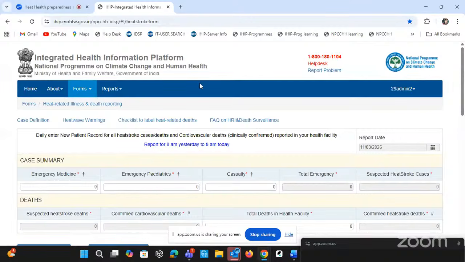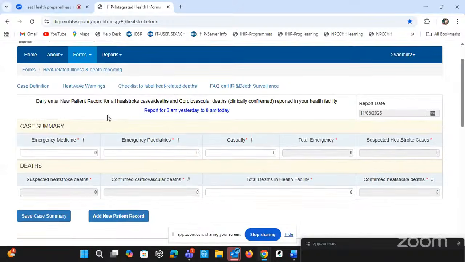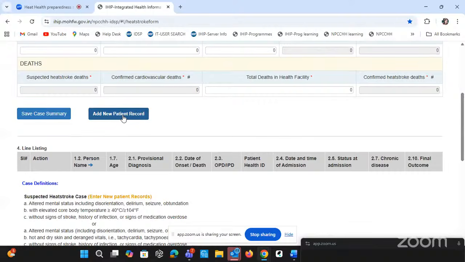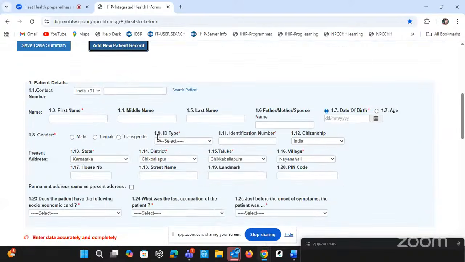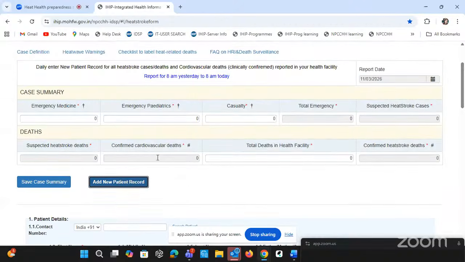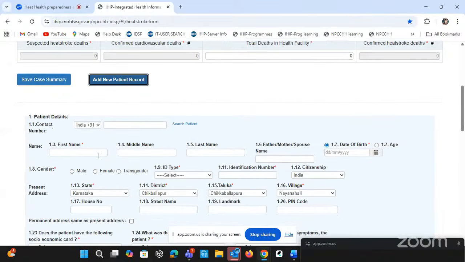So this is our HRI form. You can see there is an indicator form, and below it is the add patient record form. So when you click, you can enter the case-based data. First, if you have emergency medicine, emergency pediatrics or casualty cases, you can directly enter their numbers and save this summary. If you have suspected heat stroke cases or deaths, or confirmed heat stroke death, then you need to enter case-based data. Like, for example, we enter test, male,